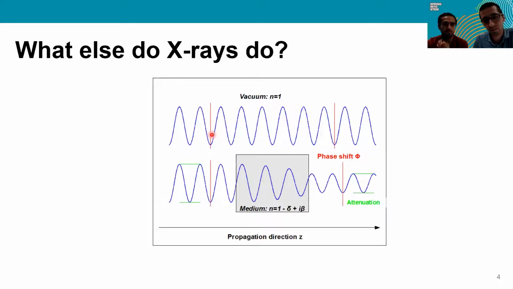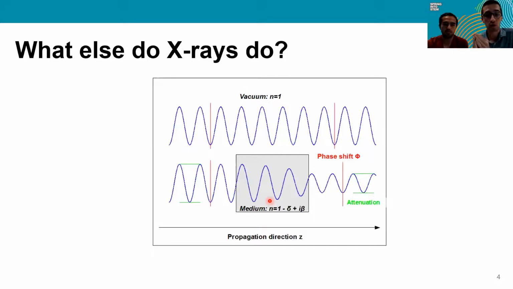Where are we? Well, you can see that when the X-rays go through matter, goes through an object, you can see that yes, it is attenuated. The intensity of the X-rays here in green is reduced when it goes through the object, but there's also a phase shift. There's a change in the phase. The peaks and valleys here, the wave might be closer together or further apart after going through an object. These phase shifts are what we're looking at when we're looking at phase and phase contrast imaging.